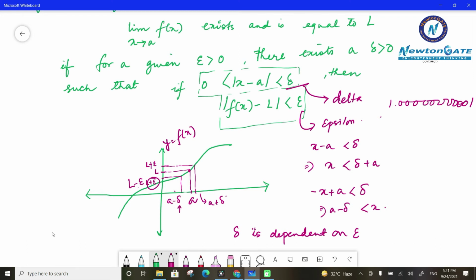changes what is there in our hand, कौन सा change मेरे पास है? मेरे पास change है delta का, x का value I can change, that is in my hand, but उसके according what the value I am getting in y is not in our hand. So if I want that particular change will be small, then I have to keep in mind that delta should be very small than epsilon. This is what we have to remember. So let us consider a function and understand what exactly are we trying to say over here.